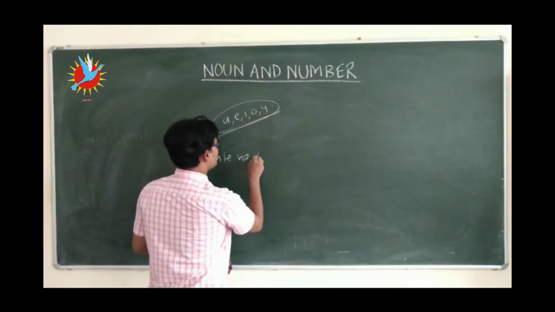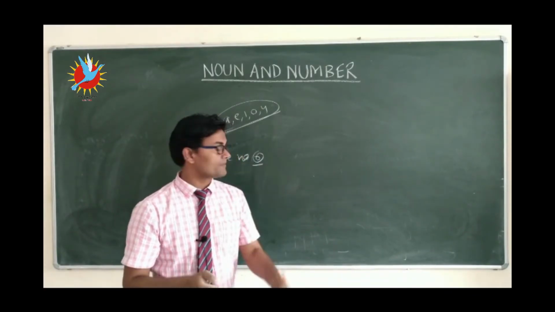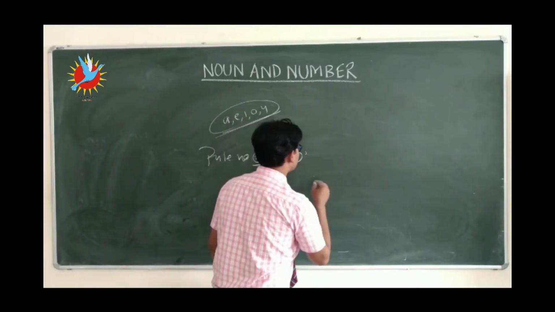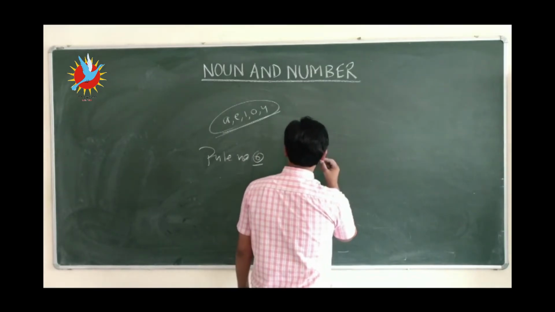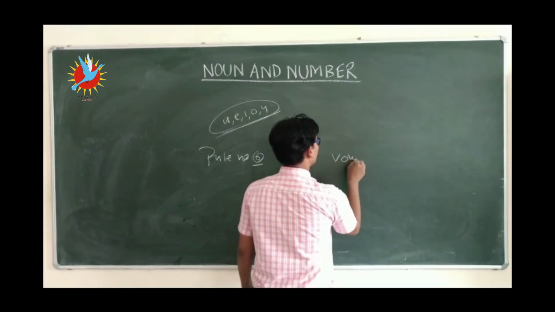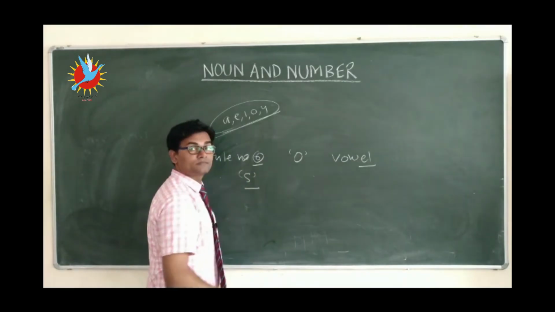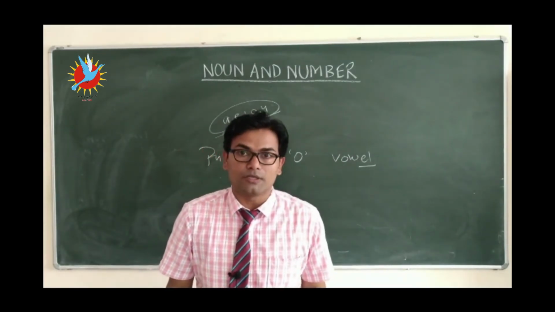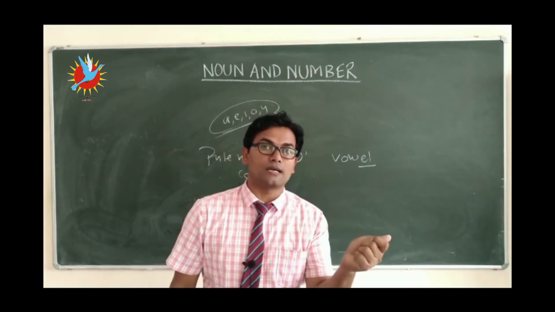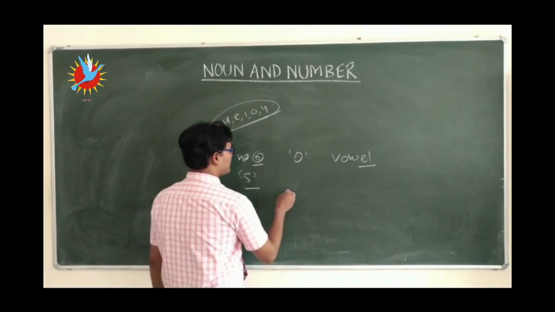Well, now rule number 6. This rule is slightly similar to the previous rule. If we have a singular common noun ending with the letter O, and this time just before this O, if there is a vowel, okay, then what do we do? We just add S. Again, I'm telling you, if we have a singular common noun ending with the letter O and a vowel just before this last letter O, you just need to add S. For example,